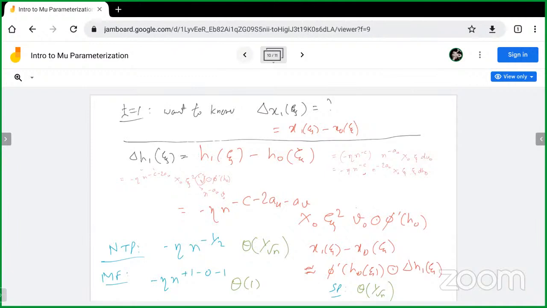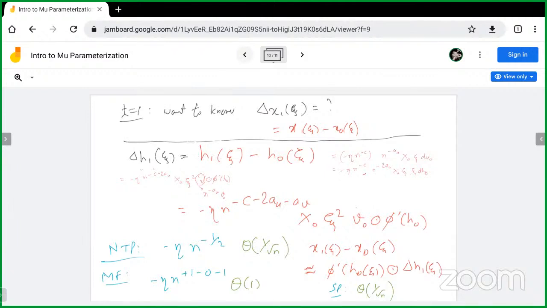H0 is order 1. When you update theta, the changes are order 1 over root n, so they are very small. Yeah, exactly. So you don't change much. That's the whole point. And in fact, you can now say a bit more precisely what's called the